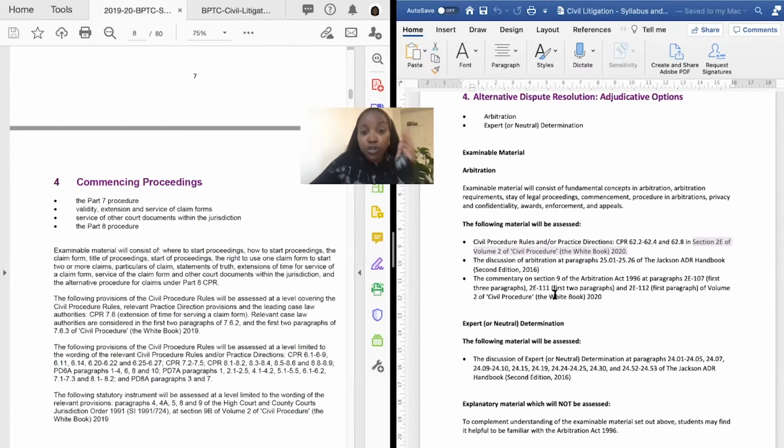Volume 2 of the white book is where you're going to find specific information that isn't in the primary volume. So you can see here, they want you to look, again, it's the same principles that we've already discussed when you're reading the white book, 62.2 to 62.4 and 62.8, section 2E of volume 2. So whichever volume you're navigating through, if you're not completely confident on the page reference,